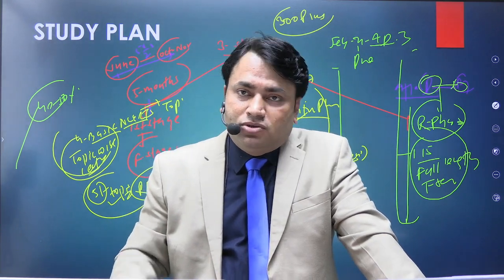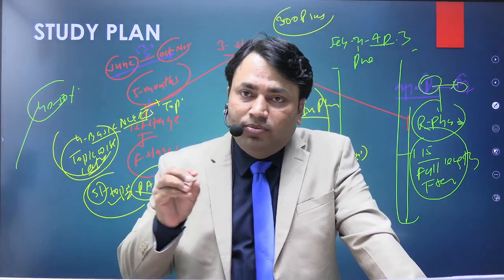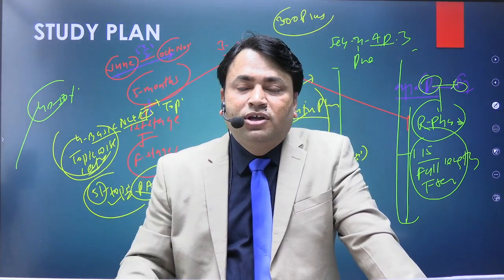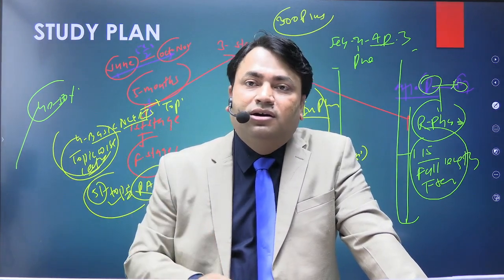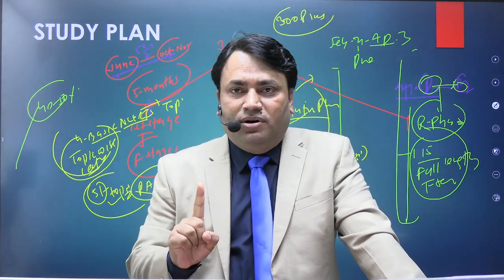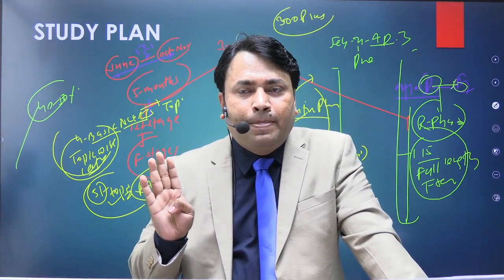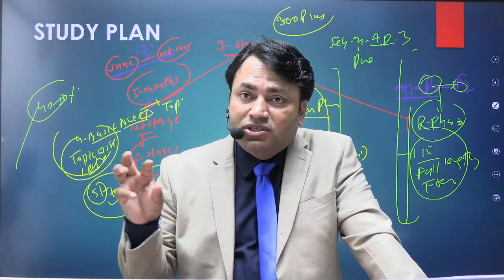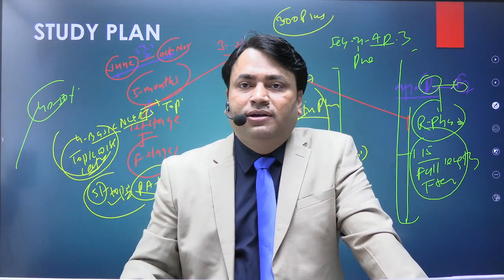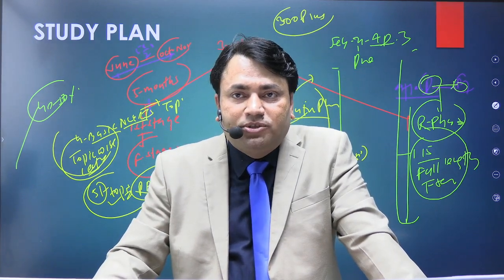Okay, so we all should be honest as students. You should be honest towards your objective, towards your dream. You should make a good study plan. You should have good guidance. Okay, and always remember that you don't have to read hundreds of books. You will have to narrow down your study material, and you will have to increase your practice, writing practice, discussion. All these are needed to excel in the optional paper.